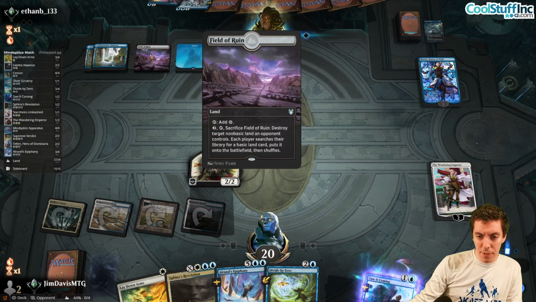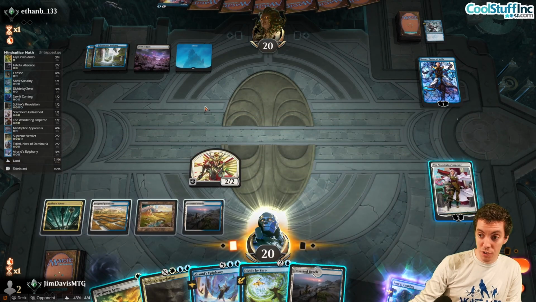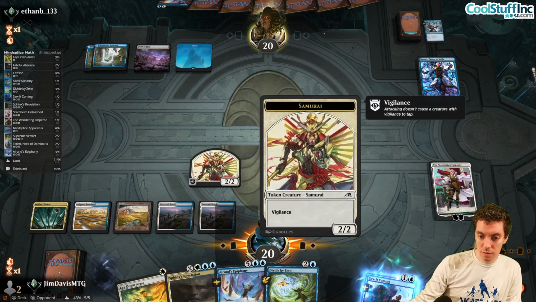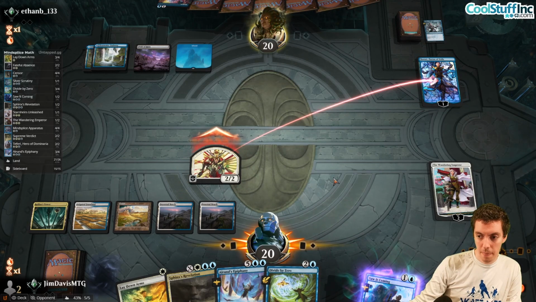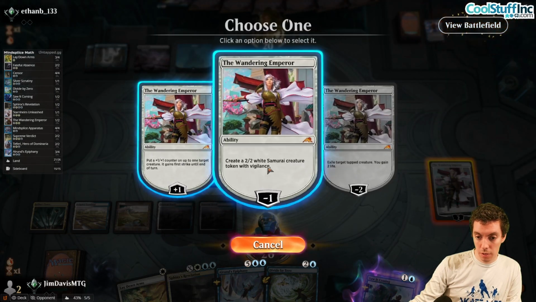Obviously they don't have black right now, but they can Fatal Push off of the Field of Ruin Swamp. They just discard Sabotage to hand size? Wow. Alright, I got a Shark here too, I suppose, but we have 5 by 0, so...